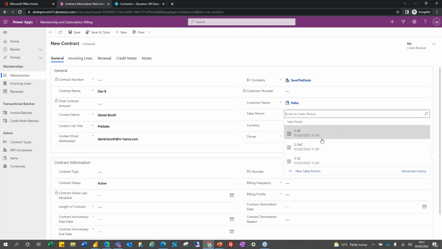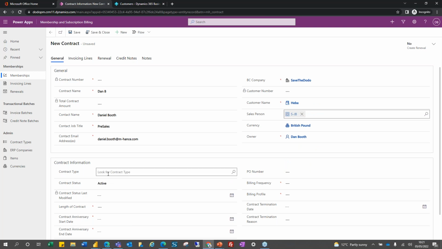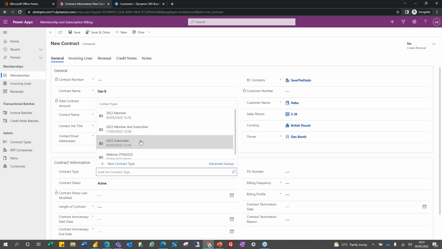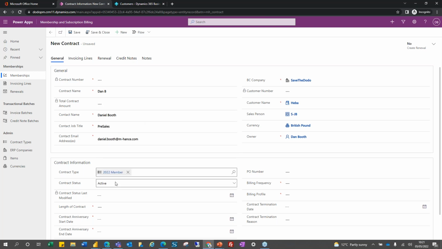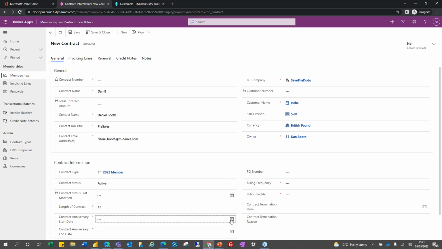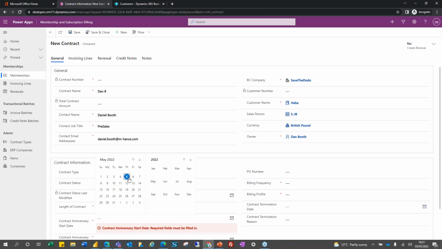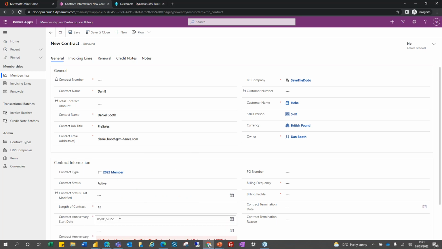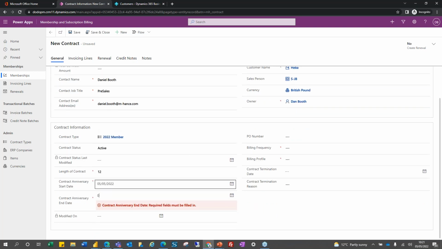It's got all your codes, all your salespeople codes, things like that. You can define different types of membership, and you can go all the way through this. If I have a 2022 member, 12-month contract, I'm just going to put some really quick detail, because what I want to show is